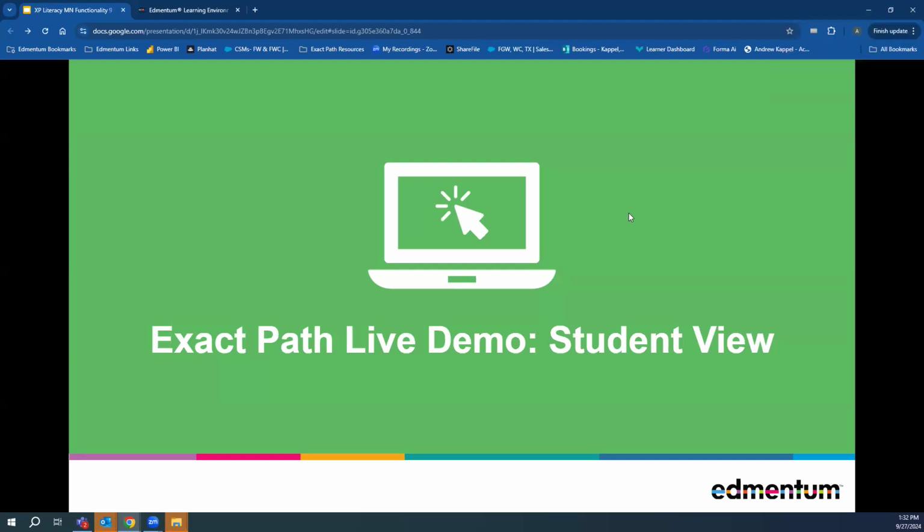Could you just assign them some activities and then see what happens? You can. You know, if you had your TABE score or whatever score, you could say, oh, I think that kind of aligns with this spot, and then work from there. The nice thing about Exact Path too is there's two options. There's the learning path.